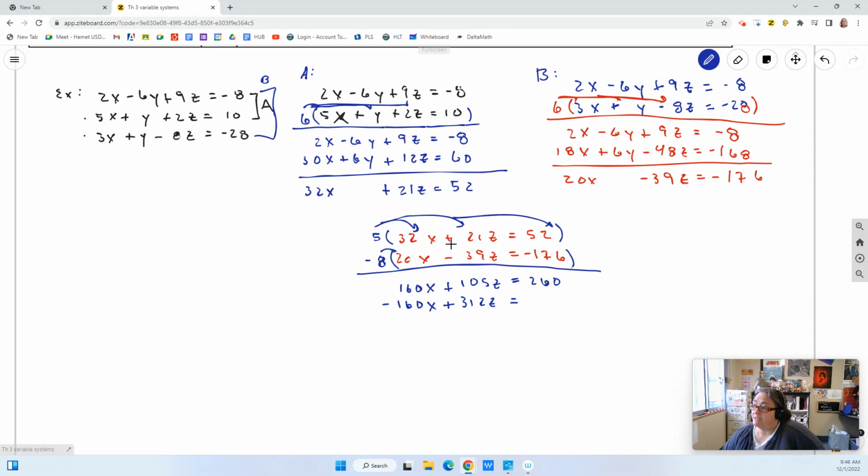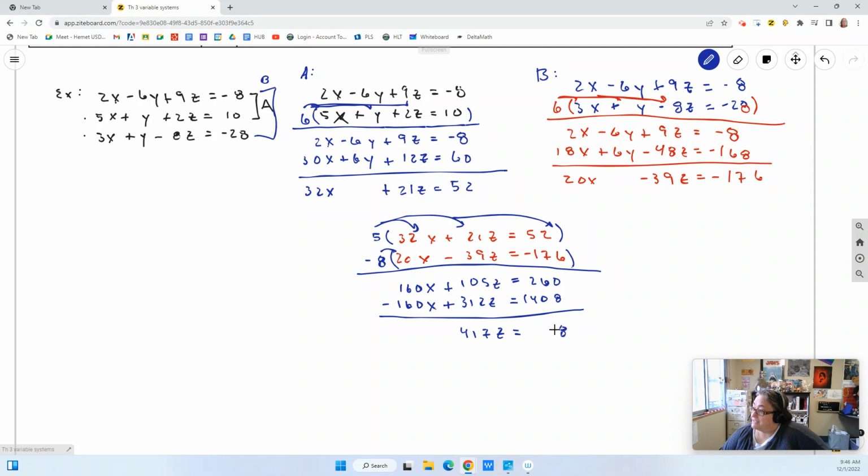Our numbers are big, but we can handle big numbers, right? This is like 11th grade. We could do this. Then we have negative 8 times negative 176. I know it's going to be positive, because a negative times a negative is a positive, and that is 1408. It doesn't matter that we've got these big numbers. All that matters is that the x is going to disappear, that we can see that we have 160x minus 160x, which means that our x is eliminated. And so what we're left with here is 417z